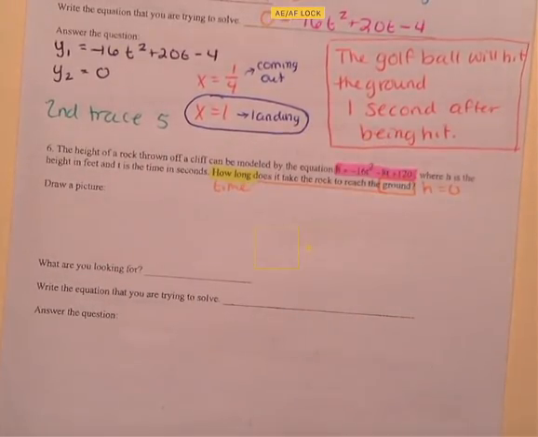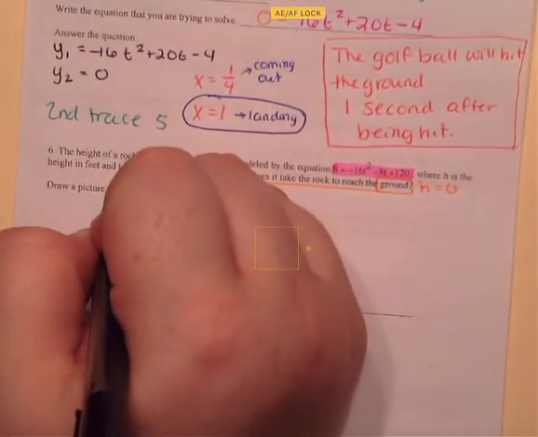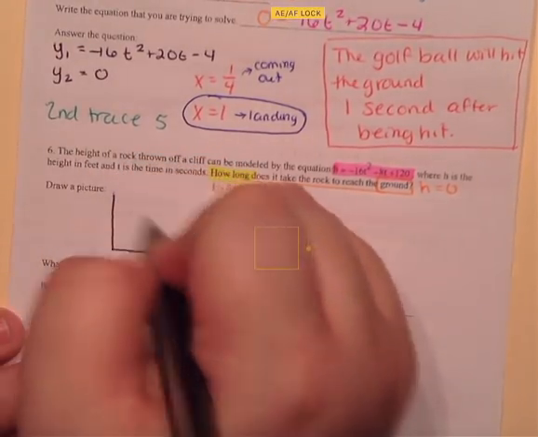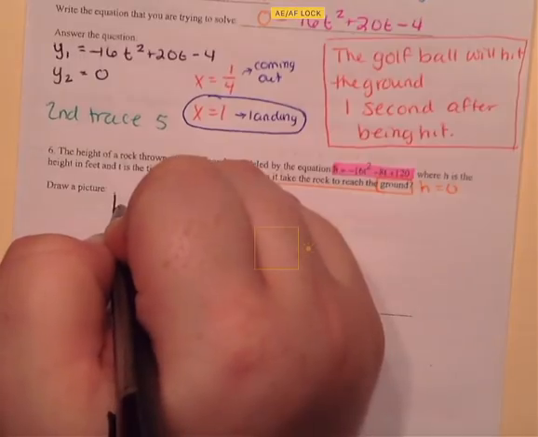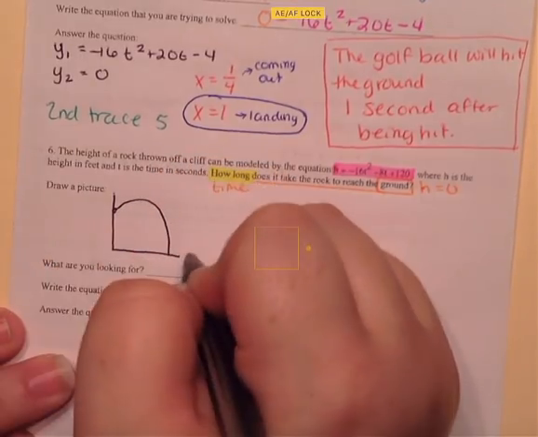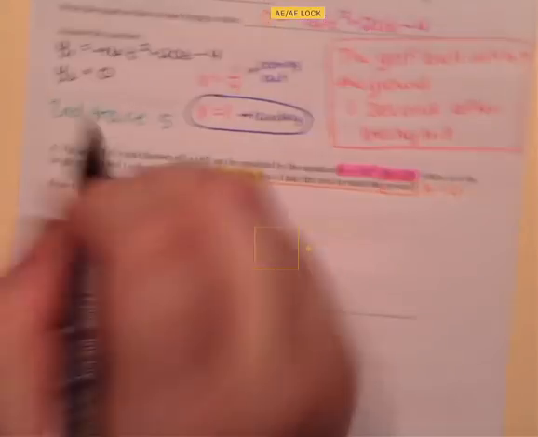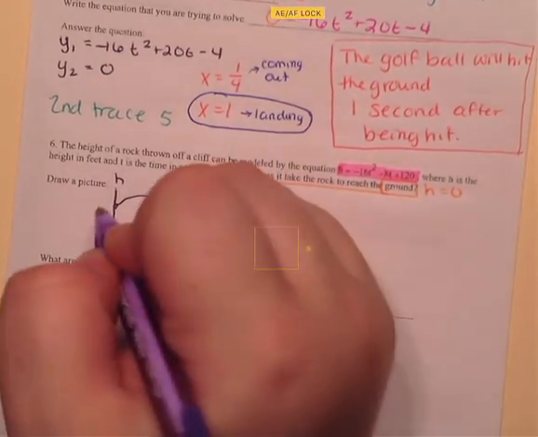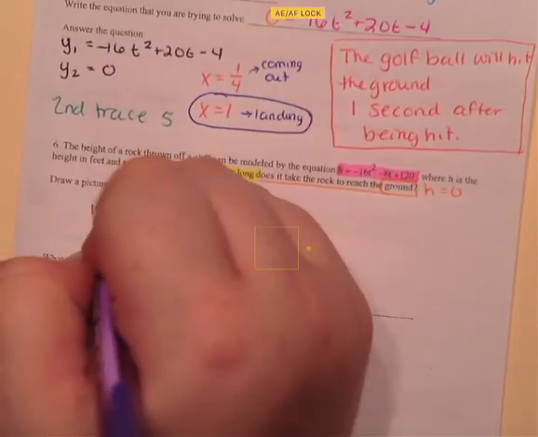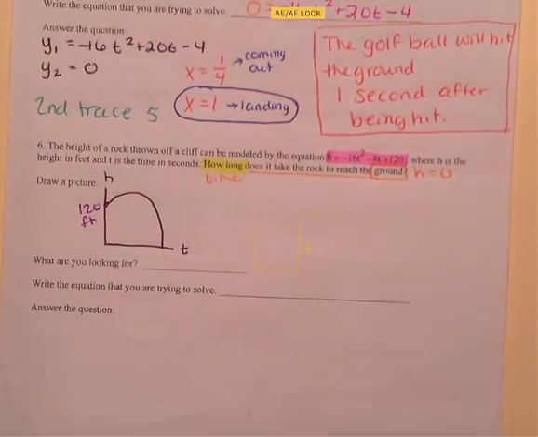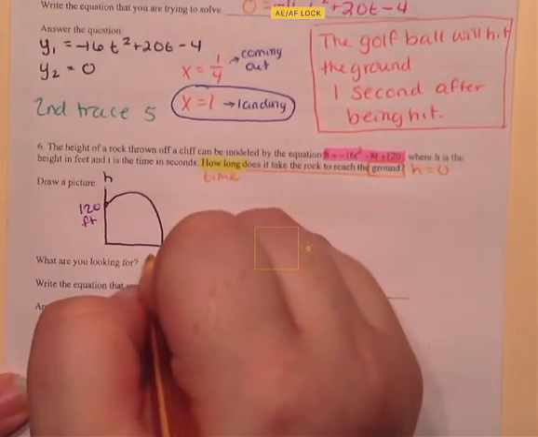So when we draw a picture, we know that the rock is being thrown off a cliff. So it's going to be up in the air, thrown up, and then it's going to reach down. Now, it's actually starting at 120 feet up in the air because our y-intercept is 120. The cliff is 120 feet up. So what is it that we're looking for? We need to know our time